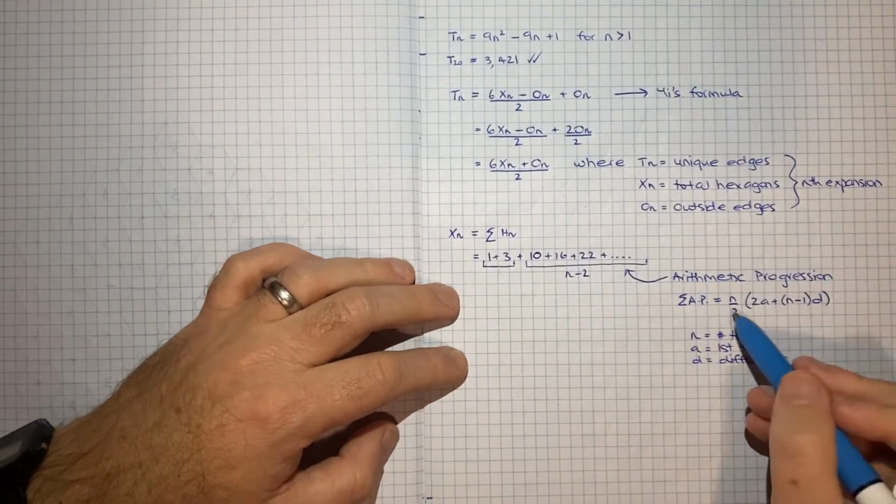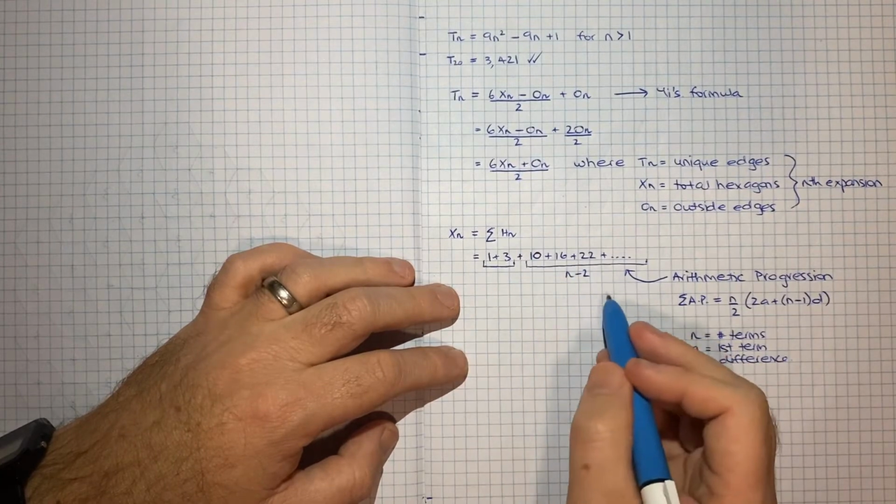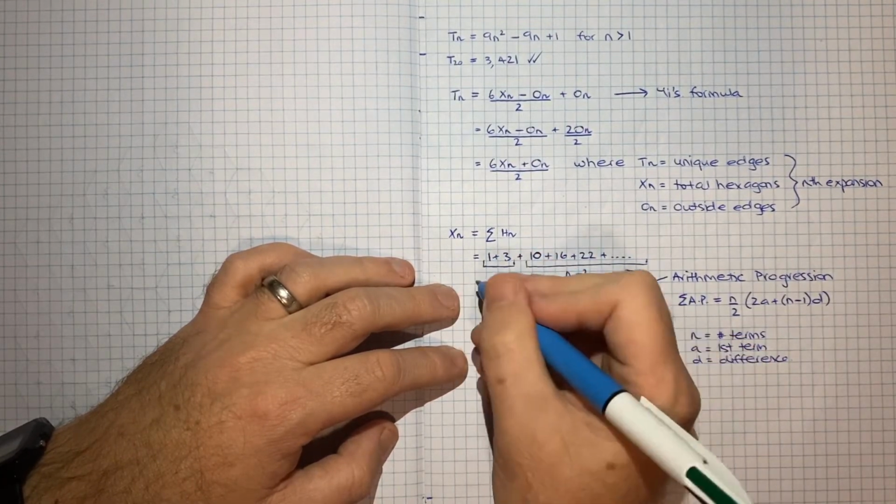So taking that result, we can say, well, here for xn, what we're really going to get